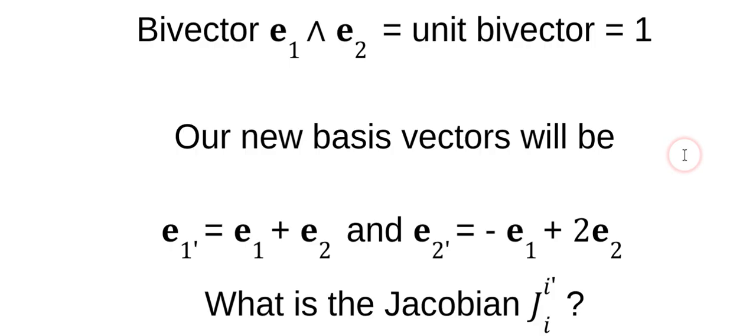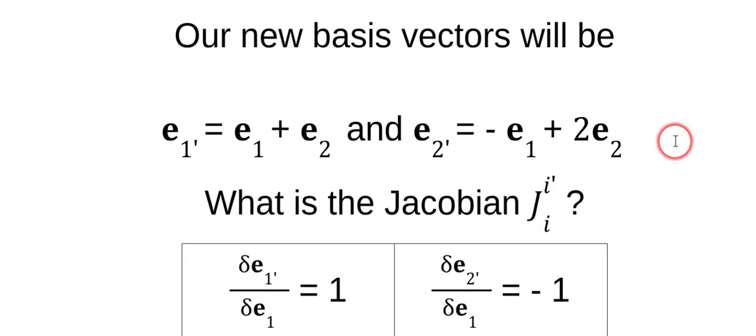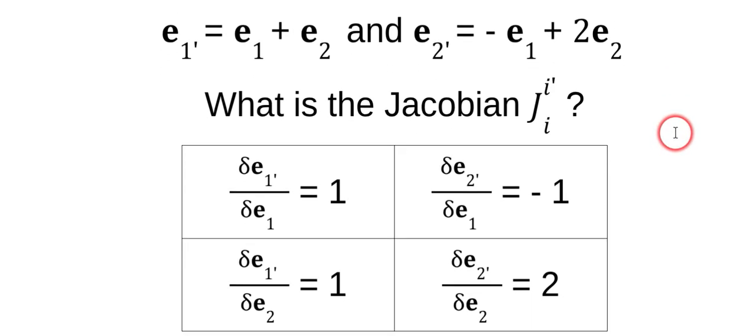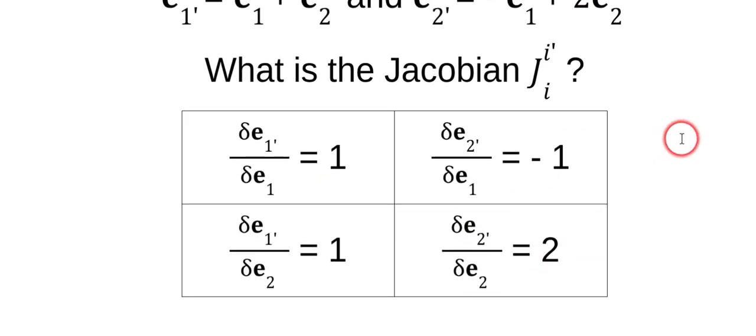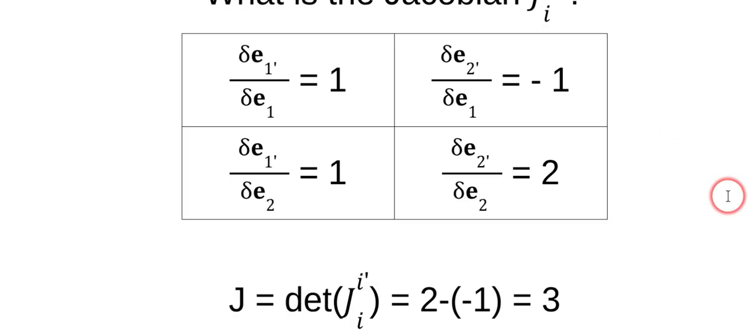Now, let's take the Jacobian of this so we can get our matrix, and we know how to do this. The partial of this with respect to E1 is just 1. The partial of this with respect to E2 is just 1. Partial of this with respect to E1 is minus 1. Partial of this with respect to E2 is 2. Okay, so now we have our Jacobian matrix. We can take the determinant of that and we get 3. 1 times 2 minus a minus 1 times 1 gives 3. Okay, so